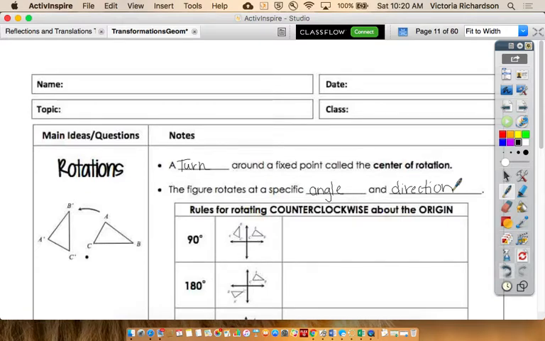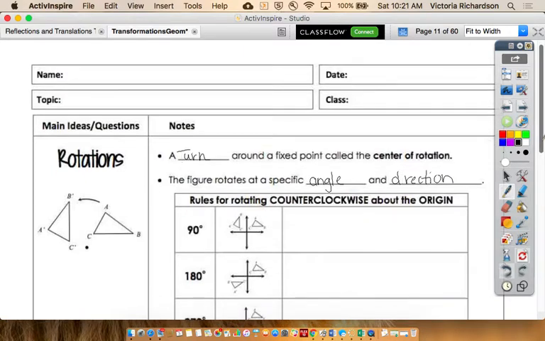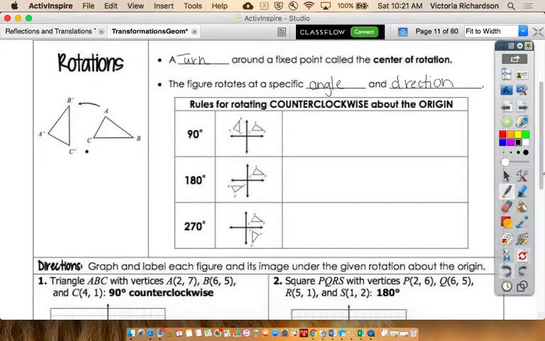When we're talking about counterclockwise, the prefix counter means opposite. So it's the opposite of clockwise. So instead of rotating to the right, we are rotating to the left. For our notes, we are going to talk about counterclockwise rotation, which means to the left. And so if you have a 90-degree counterclockwise rotation, so if you remember,